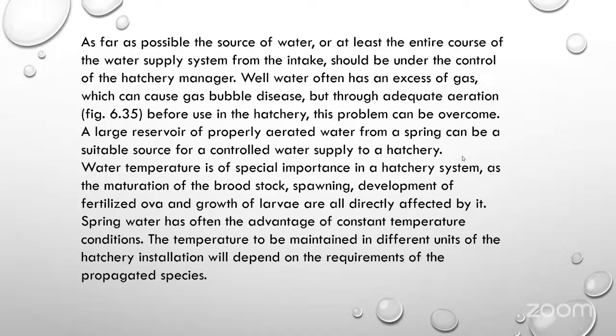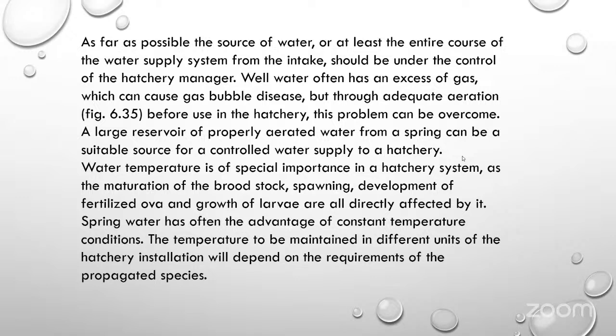As far as possible, the source of water, or at least the entire course of the water supply system from the intake, should be under the control of the hatchery manager. Well water often has an excess of gas, which can cause gas bubble disease, but through adequate aeration before use in the hatchery, this problem can be overcome. A large reservoir of properly aerated water from a spring can be a suitable source for a controlled water supply